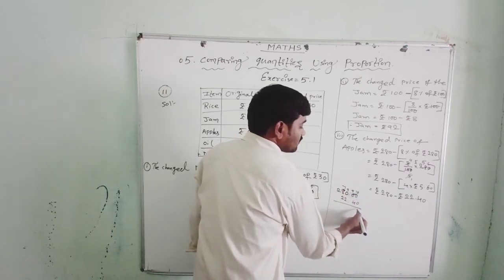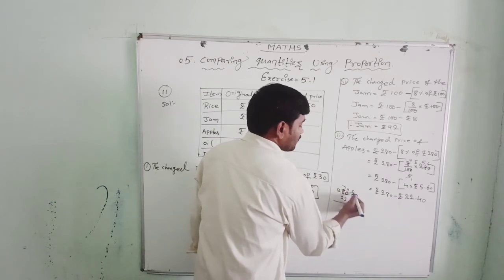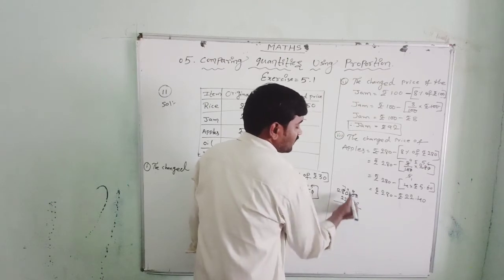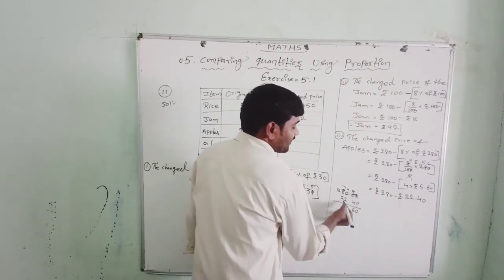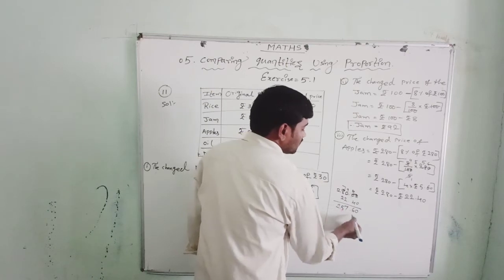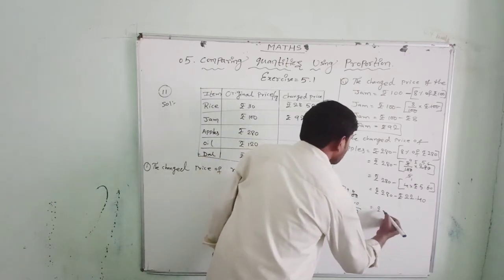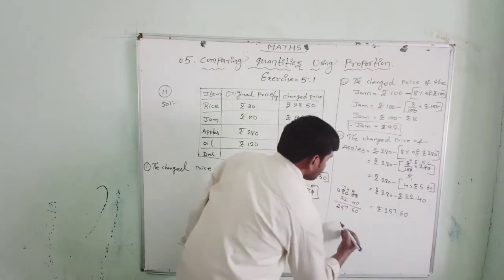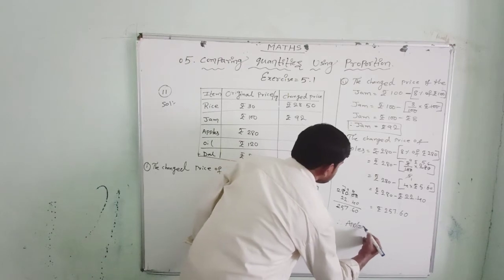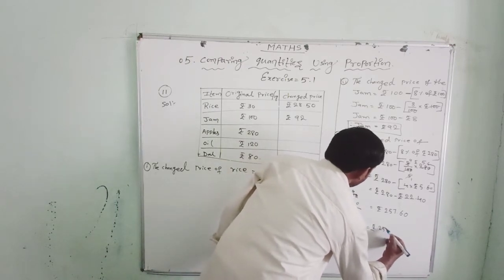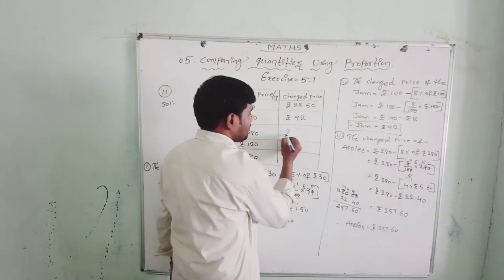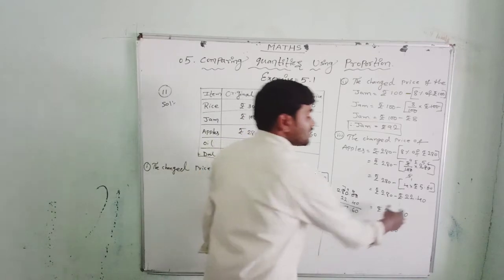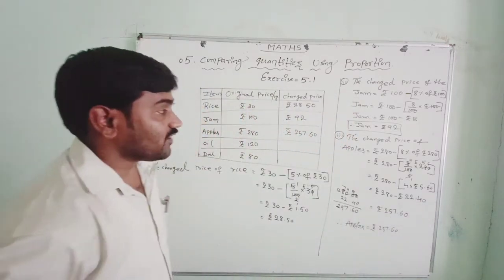It becomes 7, 9, 9 and 10. 10 minus 0, so 0 minus 0 will be 0. 10 minus 4 will be 6. 9 minus 2 is 7. 7 minus 2 is 5, and 2. That is 257 rupees 60 paisa. Therefore, apples equal to rupees 257.60. It comes like this. 22 rupees 40 paisa, it was decreased.